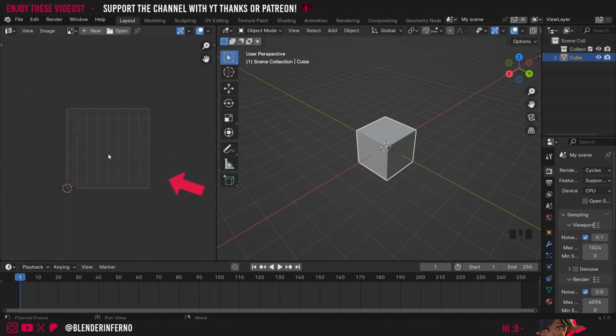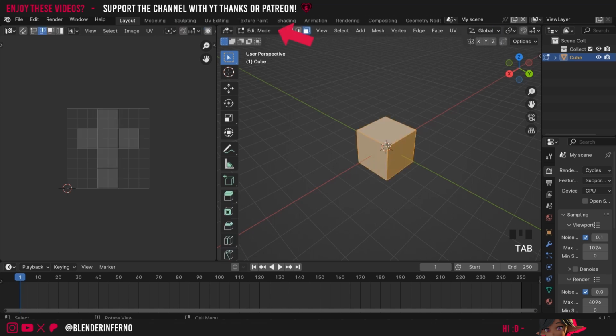This here is our UV window, and this will show us our UV. Right now we can't see it because we need to go into edit mode first. So I'm going to come back and move my mouse over to the 3D viewport where my cube is and press tab to go into edit mode. By default everything will be selected, but if you haven't got anything selected just press A, and now we can